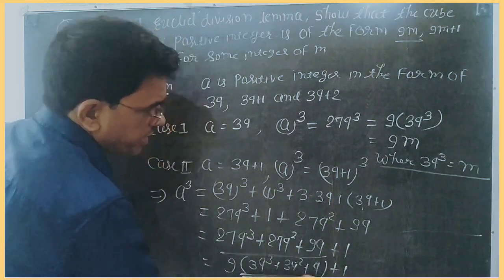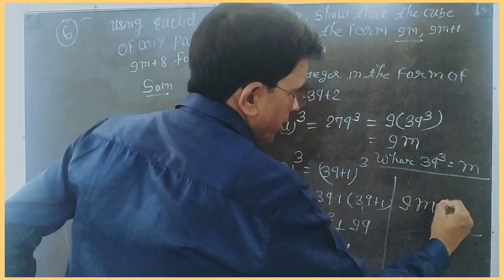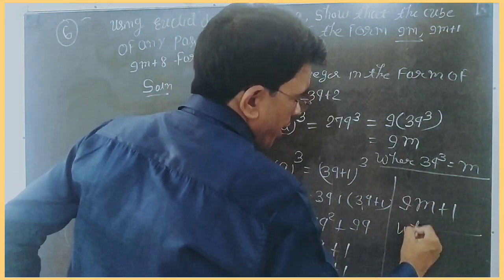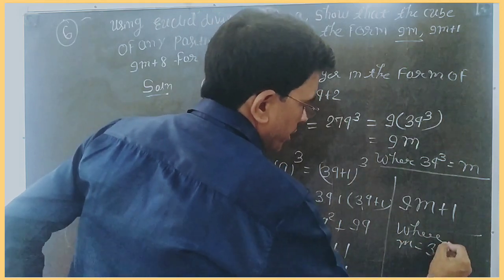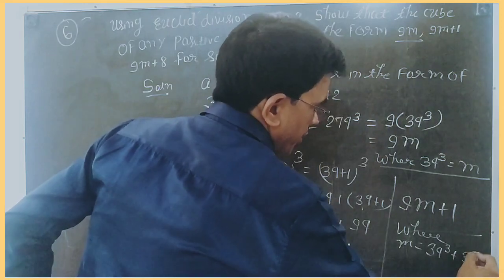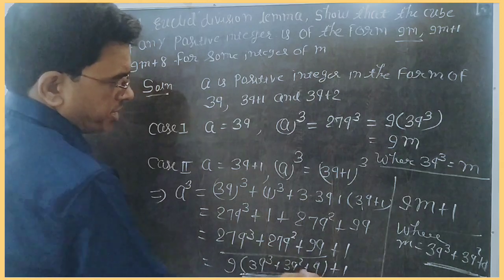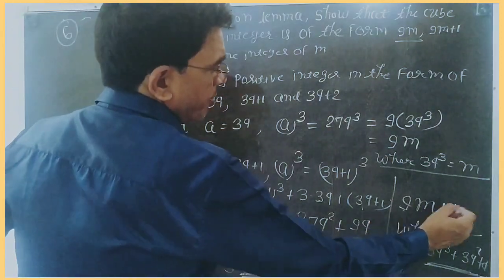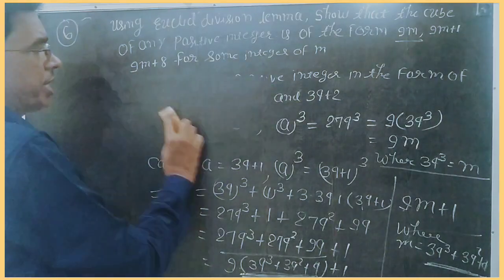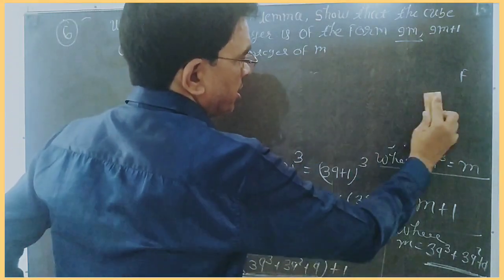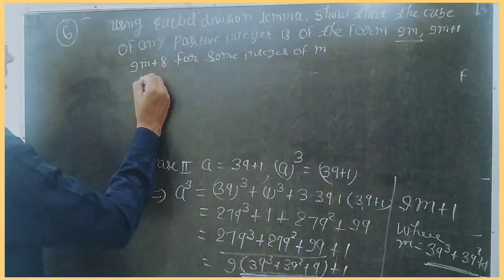Now suppose it is m. So what is your form? It is 9m plus 1. Here m is equal to what? m is equal to 3q cube plus 3q square plus q. So in place of this, m, the form is 9m plus 1. This is the second case. Similarly, for the third case, you write